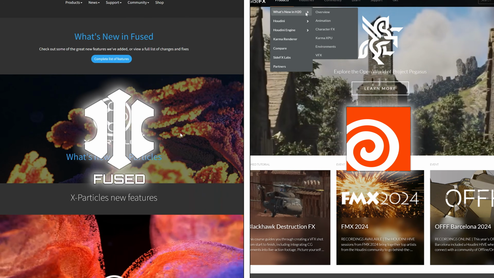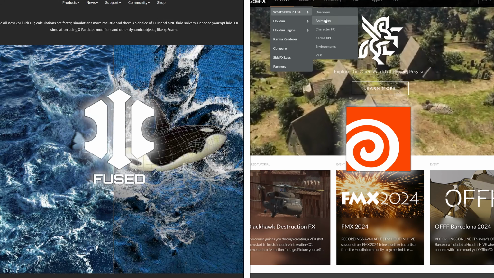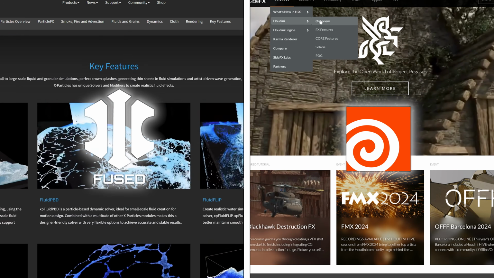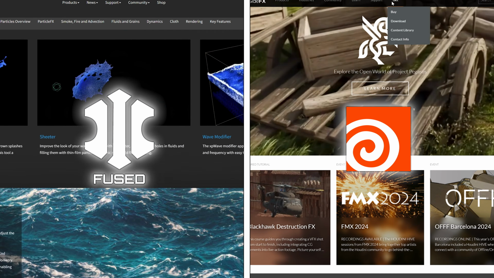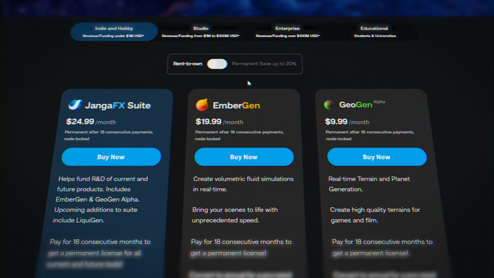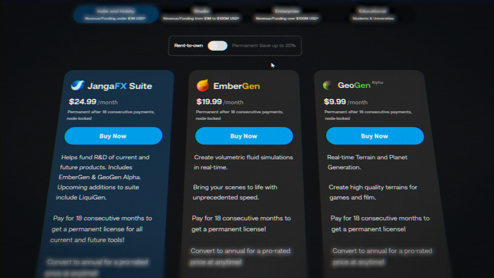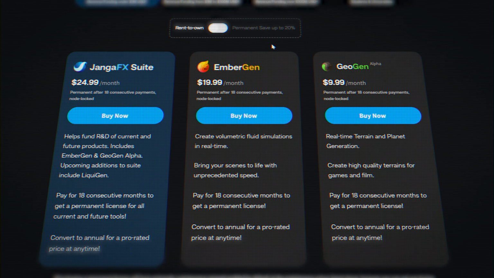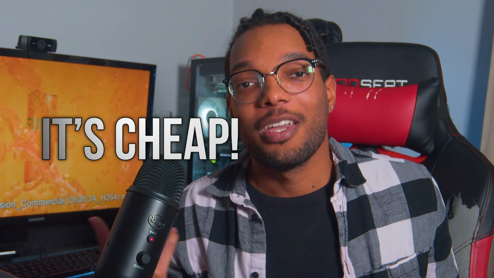Again, I know we already have programs out there like Insydium and Houdini, and yes, they produce amazing results as well, but not only are the learning curves for those both crazy, but so are the prices. The affordability LiquiGen provides in addition to the quality it gives really is promising, and I would encourage everyone to at least just give LiquiGen a try. It's cheap, but with